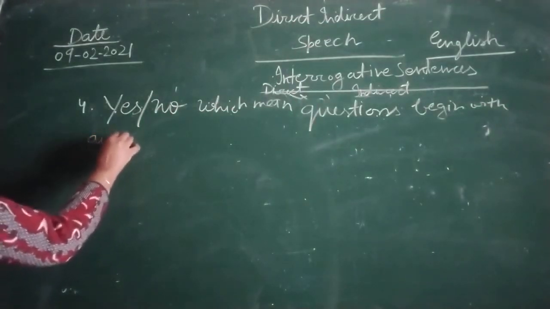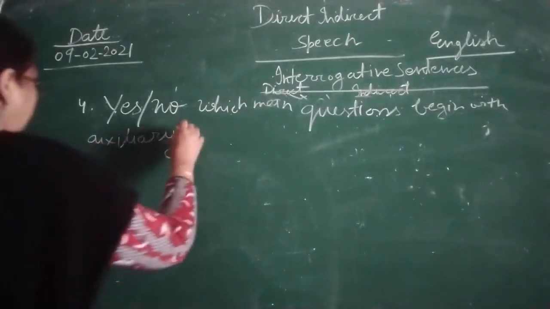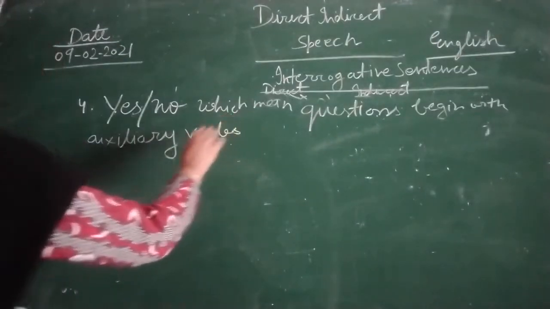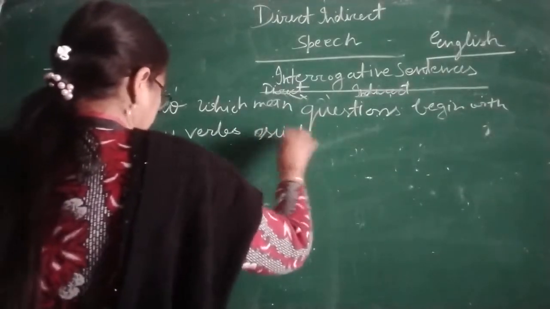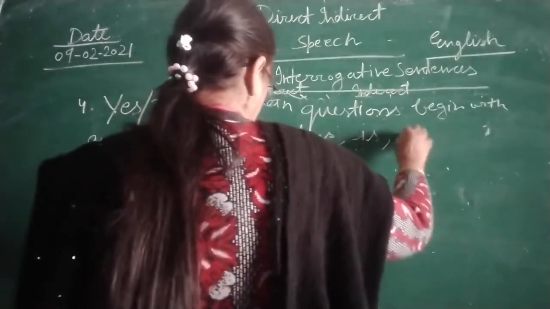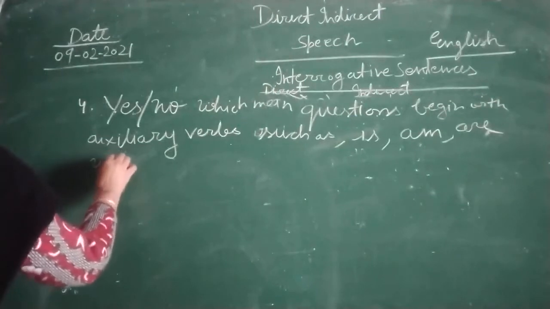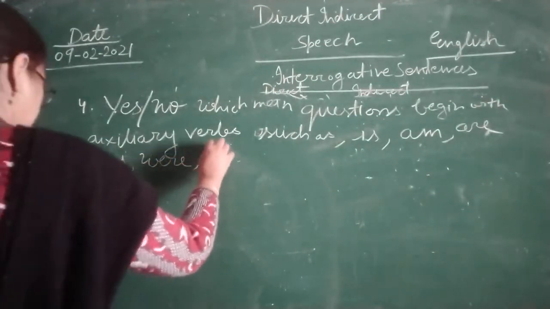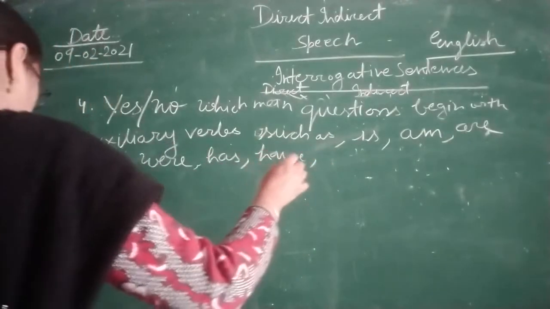Okay, auxiliary verbs. This topic you have already done and you already know. So auxiliary verbs such as is, am, are, was, were, has, have, had,